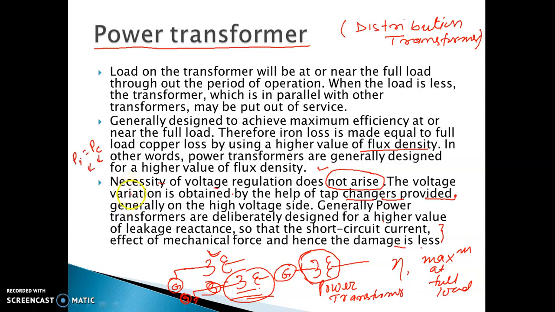Next I will discuss the distribution transformer. There is a slight difference between the power transformer and the distribution transformer. The distribution transformer is what you see at your street side; whatever transformer is placed there is a distribution transformer. The power transformer is generally used at the generation side. For the distribution transformer, the load is changing frequently,